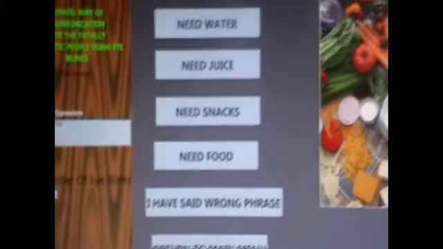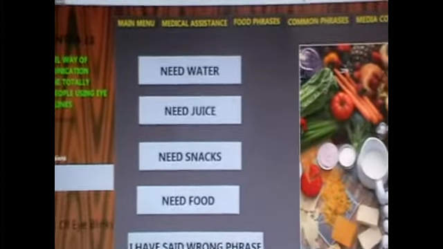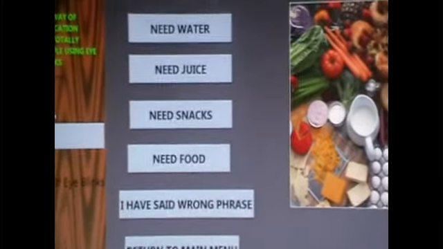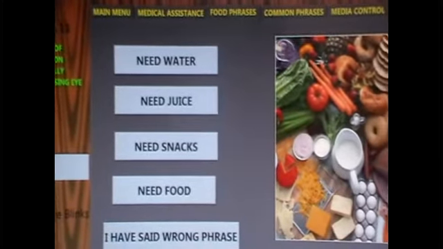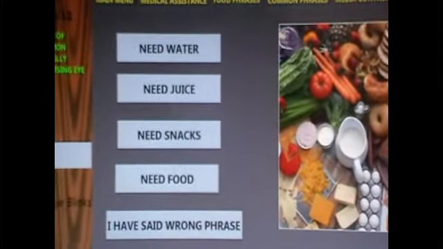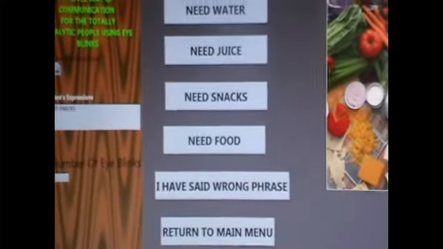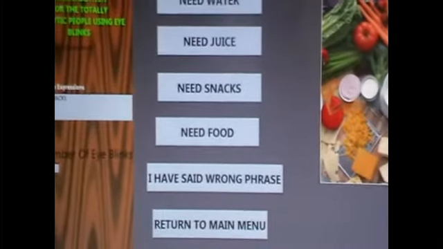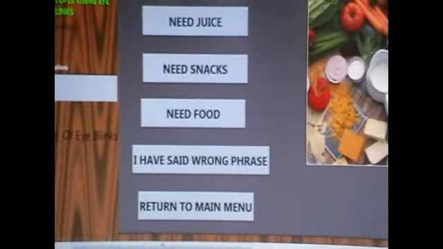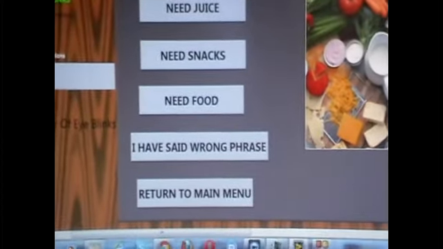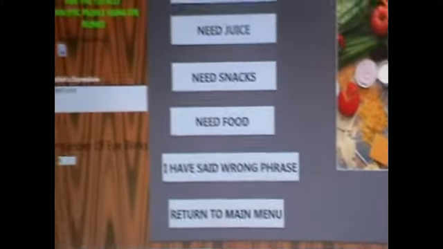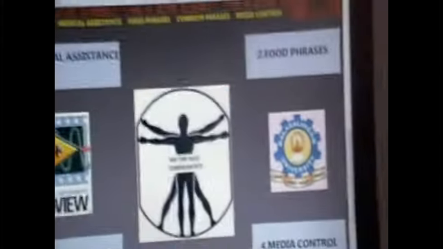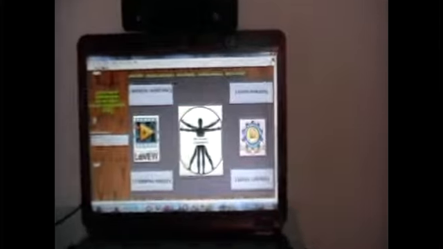Need juice. Now he has blinked to select that he needs juice. Need snacks. Need food. He has returned to the main menu by blinking appropriately.